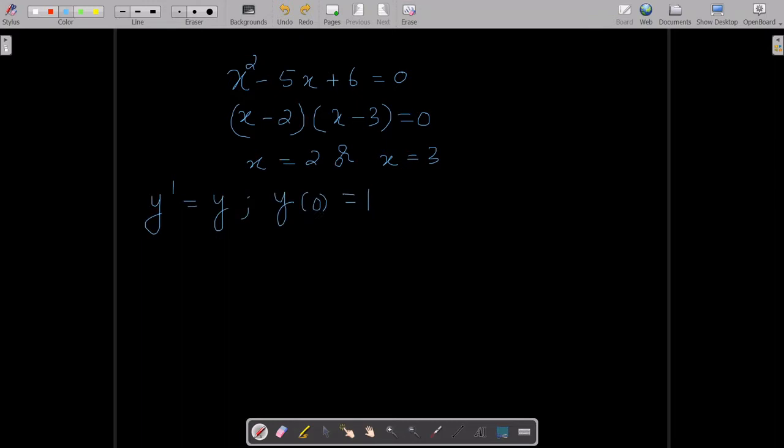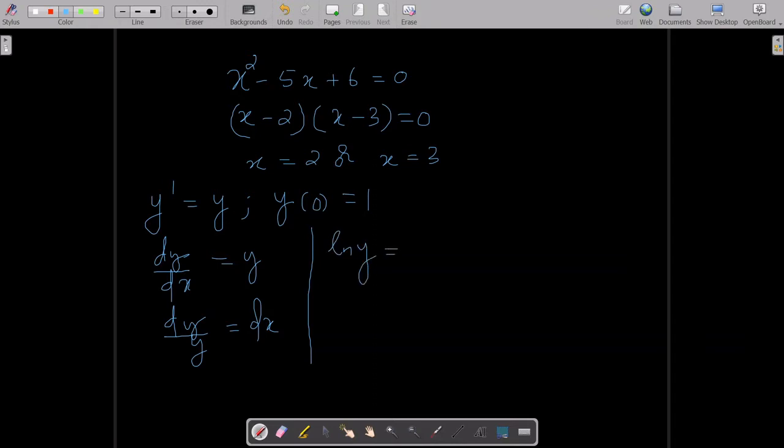Another example of problems in which we are applying analytical method is whenever we are solving first order initial value problems. For example, y dash equal to y together with y of 0 is equal to 1. See, we can rewrite this equation y dash equal to y as dy by dx is equal to y and apply the variable separable method. dy by y is equal to dx and applying integration on both sides, we get log y is equal to x plus some arbitrary constant c,